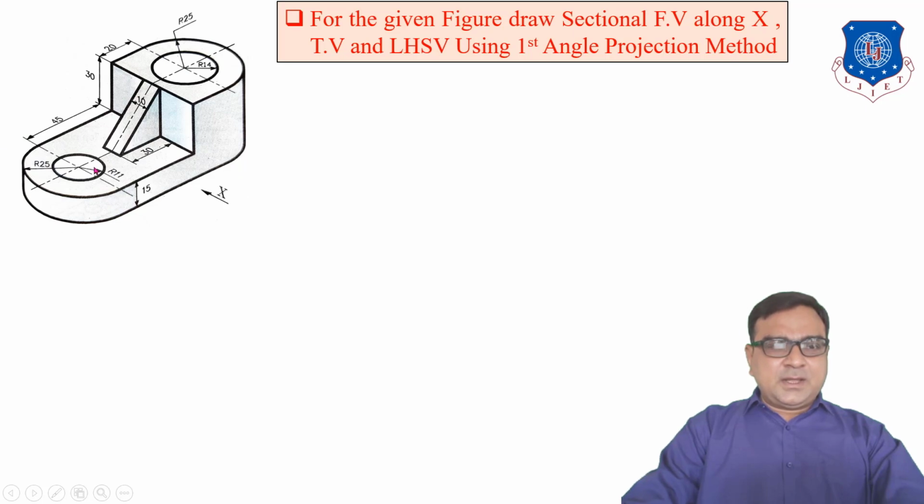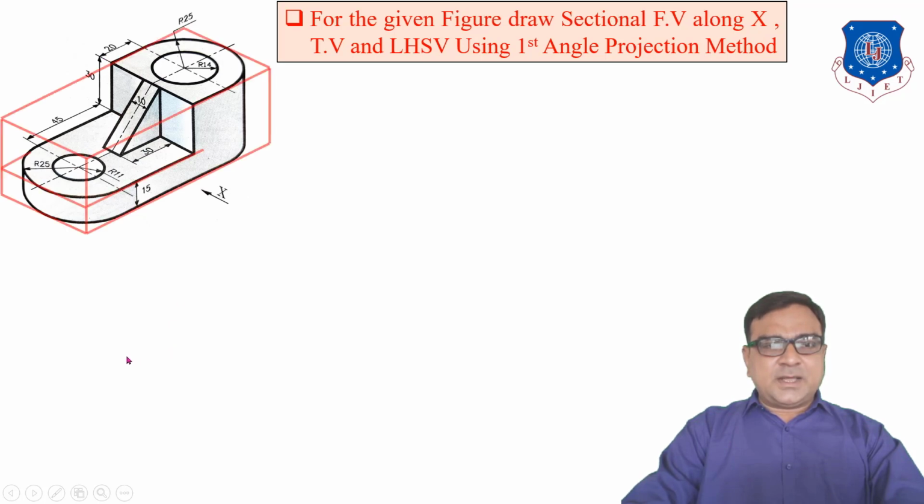Now this is 30 mm length for this rib and the thickness of the rib is 10 mm. The height of this part is 30 mm and the height of this part is 15. So total height is 30 plus 15. Now what is the overall length? So this is radius 25. Then 45 is the distance from this center to this line, plus 20 mm and plus 25 mm. So total length